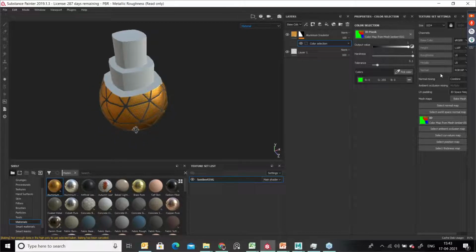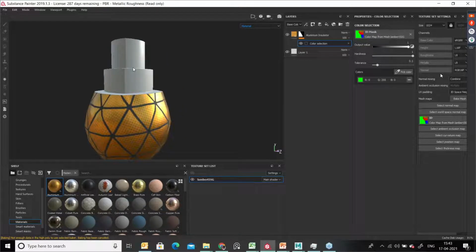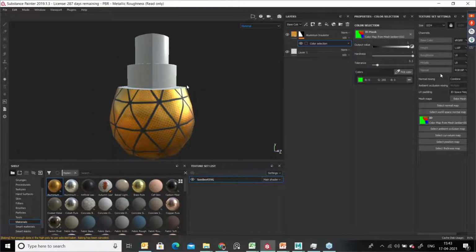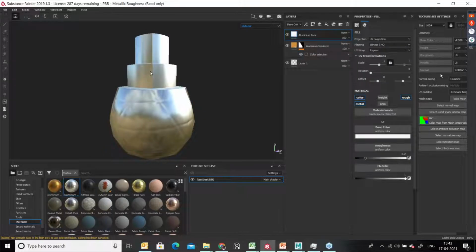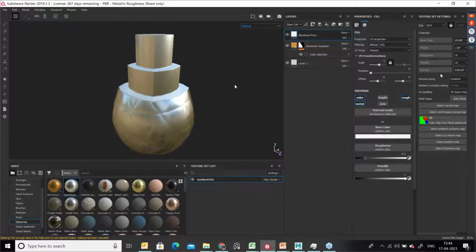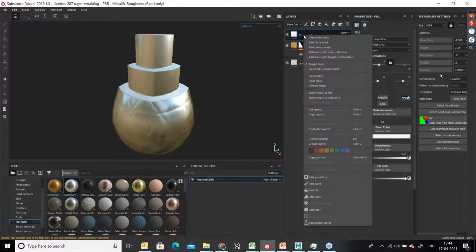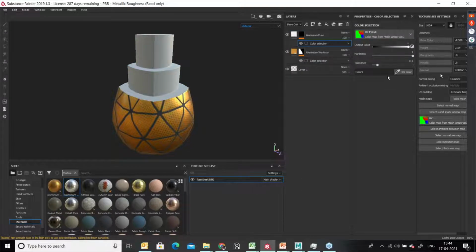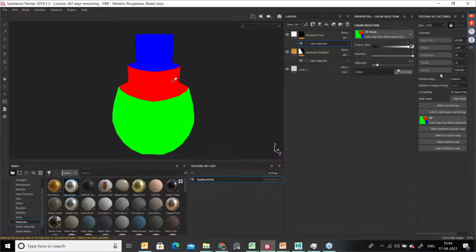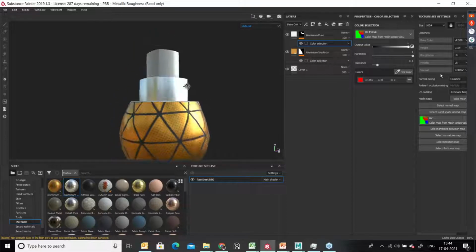See here. Now the other area is clean. So on the other portion of this geometry I want to apply other textures. So now I'm going to assign one more texture over here, aluminum silver. Drag and drop. Now everything turns to silver. Now I'm going back to the layer, right click, add mask with color selection. Now I should pick the color and choose the red color. It's done.